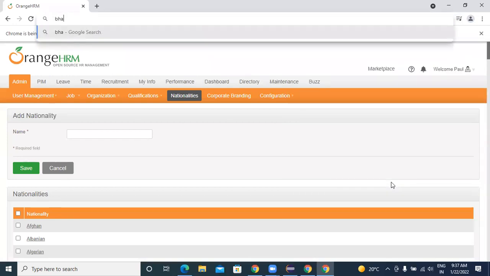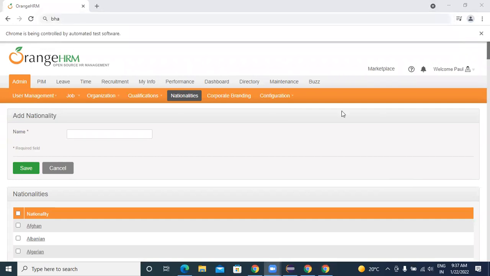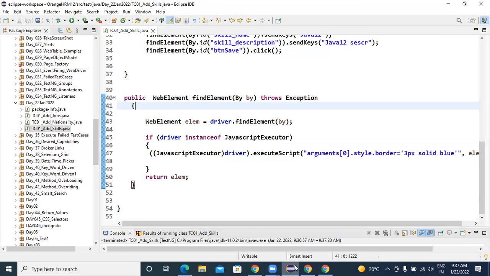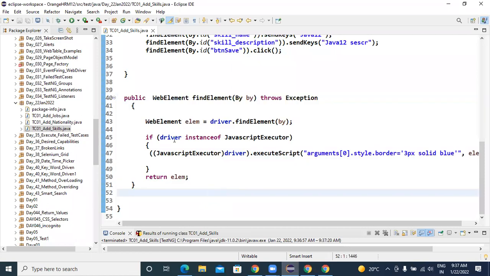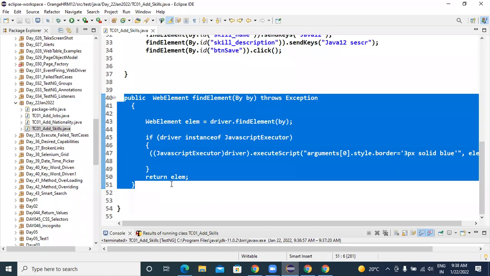Yeah, Mohammed, go ahead. Yes, sir. As you have taken that method for highlighting the web element, where can we get that method? Do we have to get it from your program? Selenium, as you said, will provide this code, right? Yeah, actually in the Selenium open source code you will get this method if you search in Google. The purpose of this method is to highlight a web element border, and if you Google it, you can find it. It will be common for all applications, right? Yeah, it will work for any application.